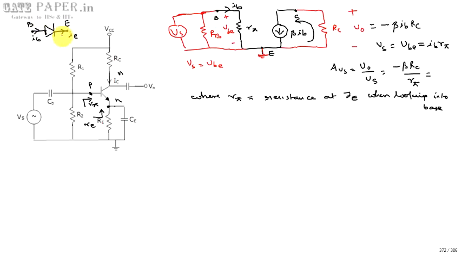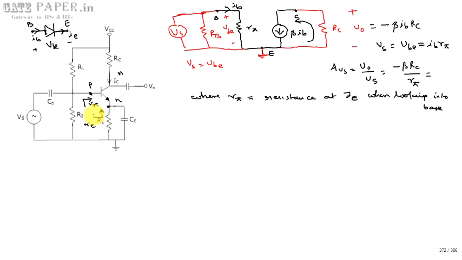If they were the same, you could go with one model, but the current flowing through the base is different and the current flowing through the emitter is different. So if you are looking into the base, it will have a different resistance even though you are going with the same voltage, VBE. If you are looking into the emitter, the current is different, so it will give a different resistance for the same voltage.